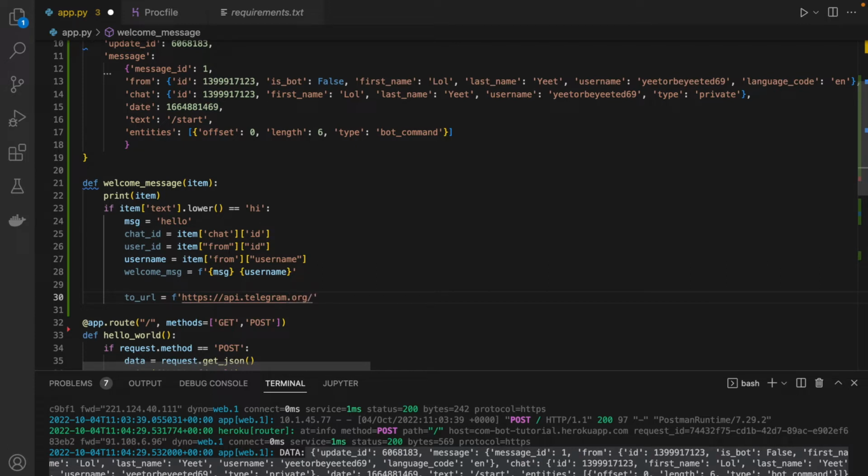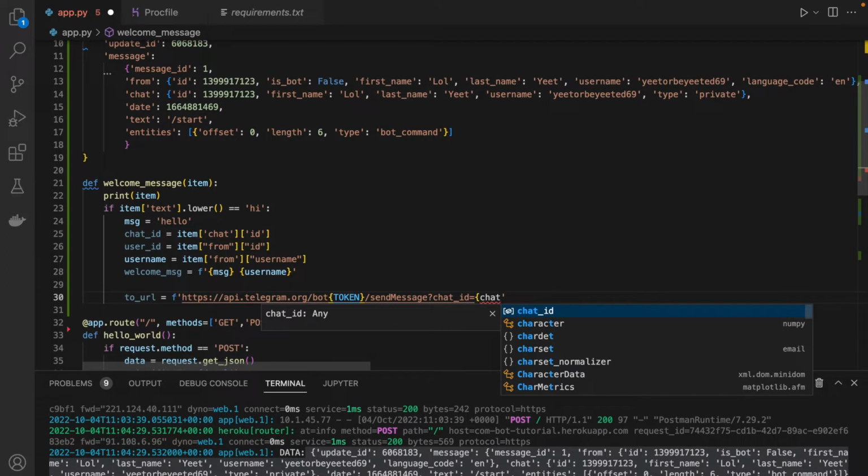So as the usual bot, which will pass taking out token, and then we can do send message question mark. Then we can do the chat ID equals chat ID,